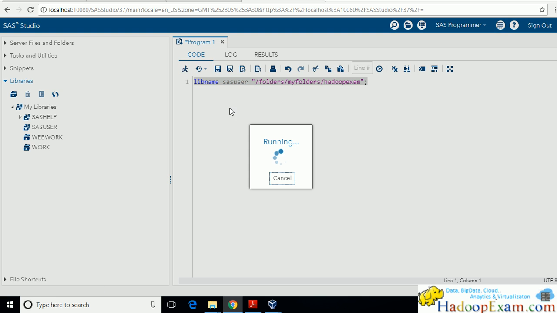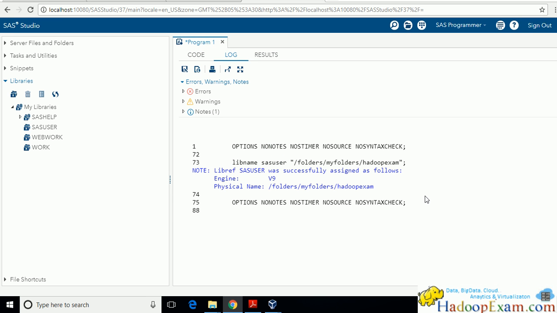Okay, so if I run this, this is actually running a SAS program. Once you run it, you can see that you automatically move into the log window. The log window has various things like errors. If there are any errors in a future program, we will see how to resolve them. That would be printed here, but there are no errors.